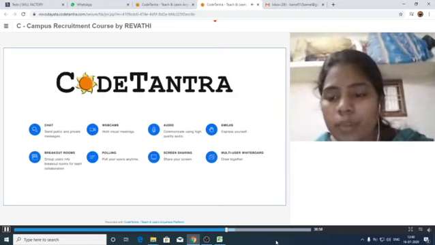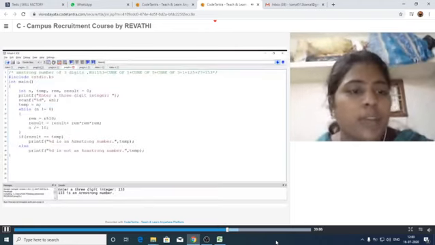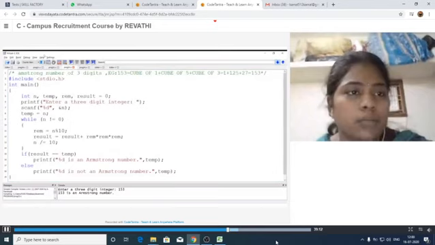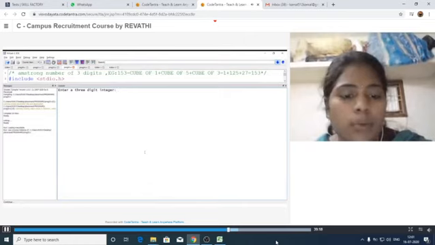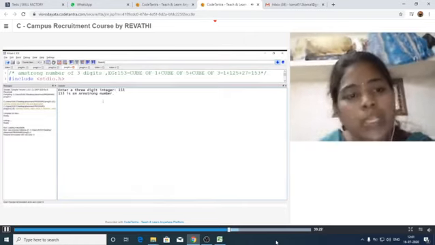Let us check here. See, like this we can check whether the given number is Armstrong number or not. I am running this, executing. It is asking to provide the number. Just now only we have traced out 153. See, 153 is an Armstrong number.